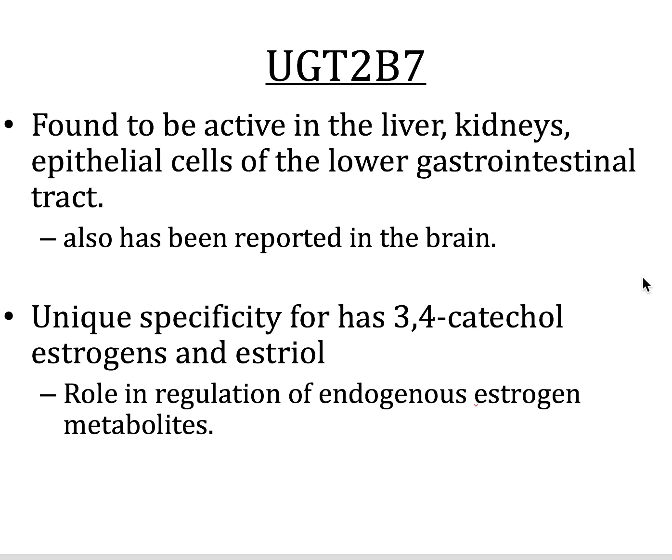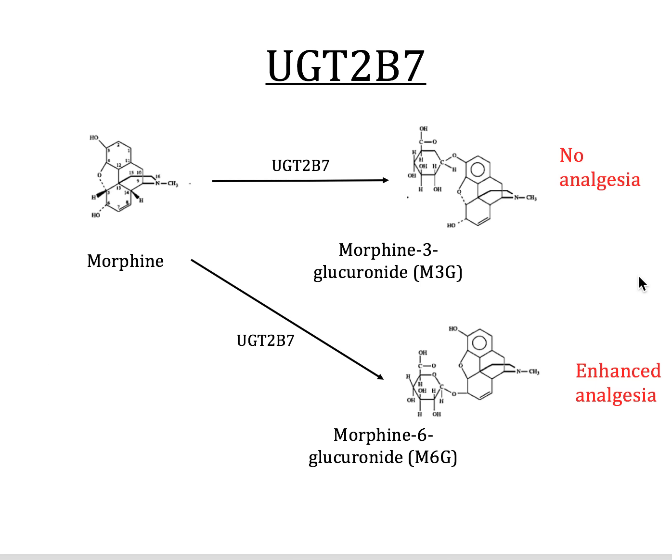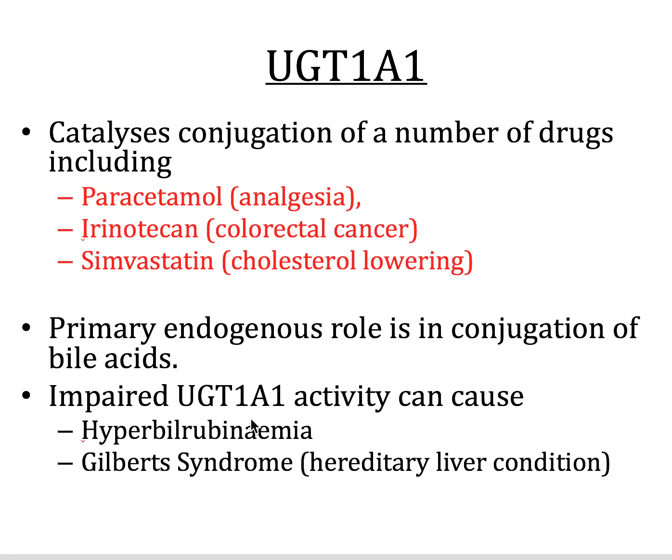Found to be active in the liver, also reported in the brain. Morphine is an example where you form the 3-glucuronide, which is inactive and analgesic, whereas the 6 is active. 1A1 is involved in paracetamol,